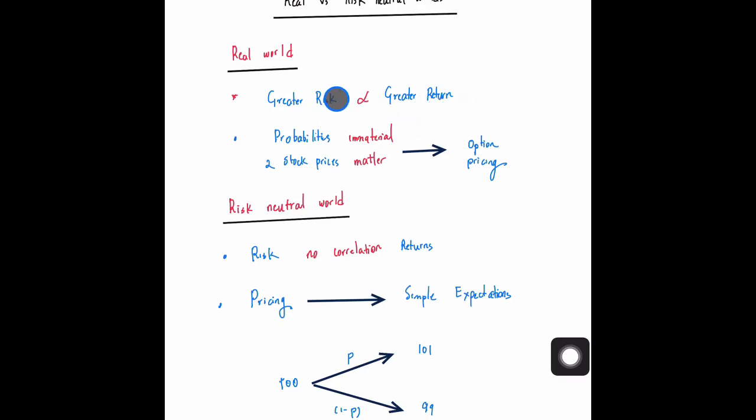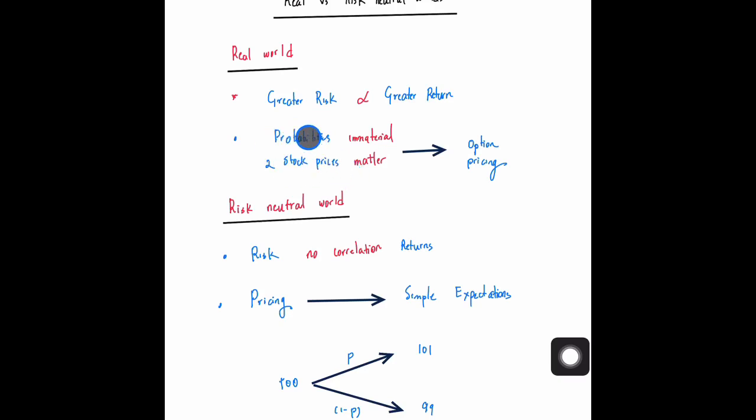Because greater risk means the stock value can go very high, or it can go very low. So you will also have a probability of a greater return in that particular case, or a greater loss also. Next, when we are evaluating the options, evaluating option value using the binomial model, what we do